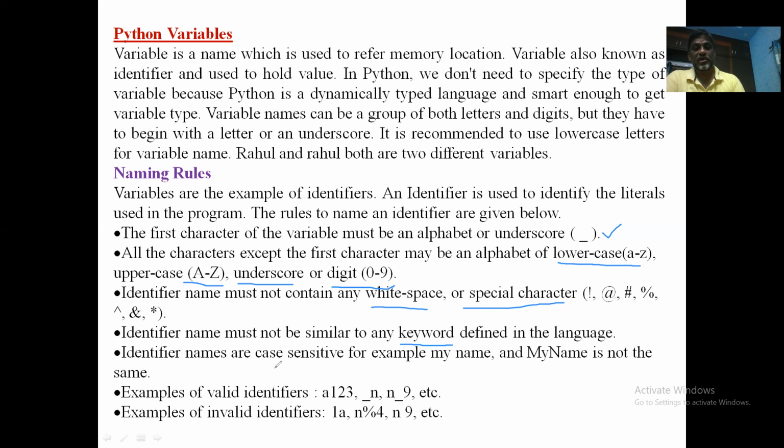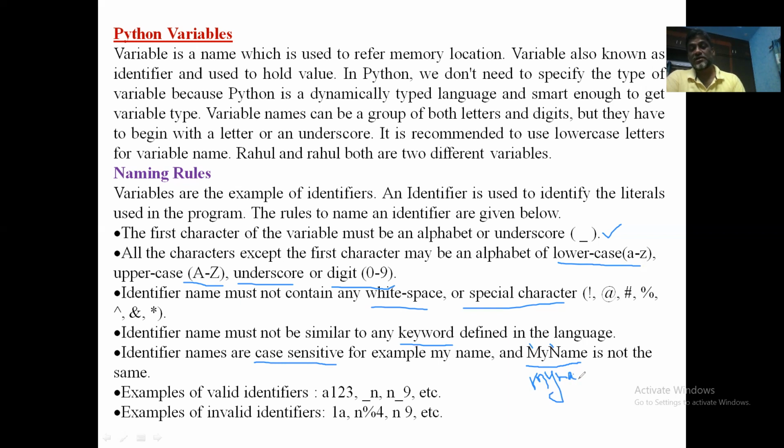And identifier names are case sensitive, which means capital letters are different from small letters. For example, a variable myName with capital M and N is not the same as the small letters myname. If you create a variable by using small letters, these two are different.